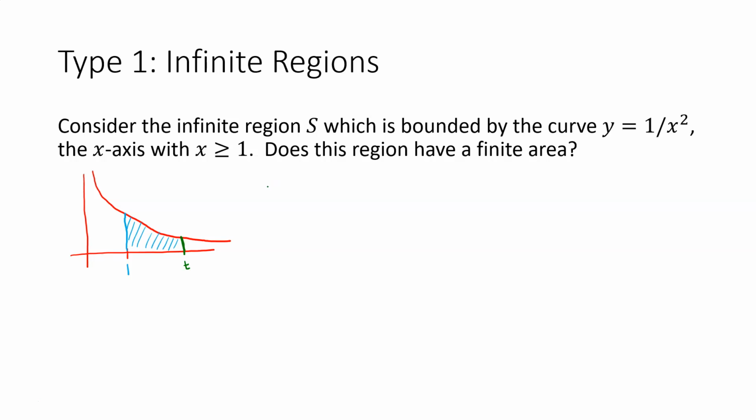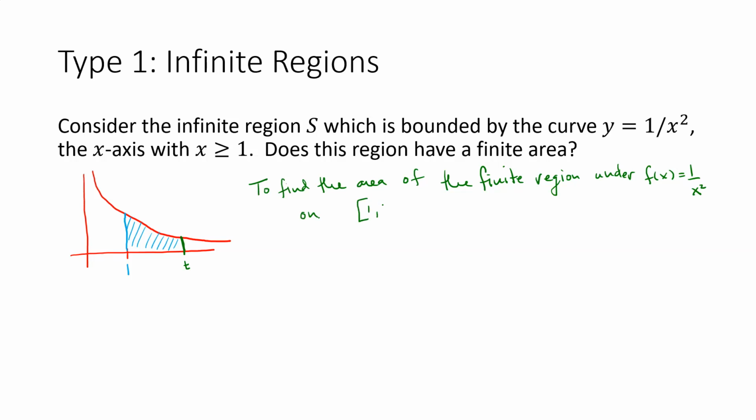So we can start with this problem here: to find the area of the finite region under the graph of 1 over x squared on the interval 1 to t,